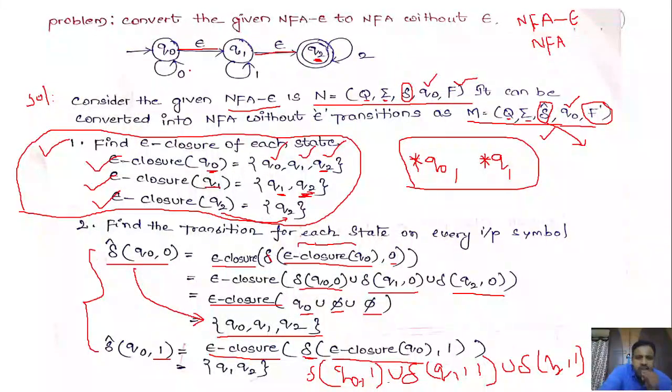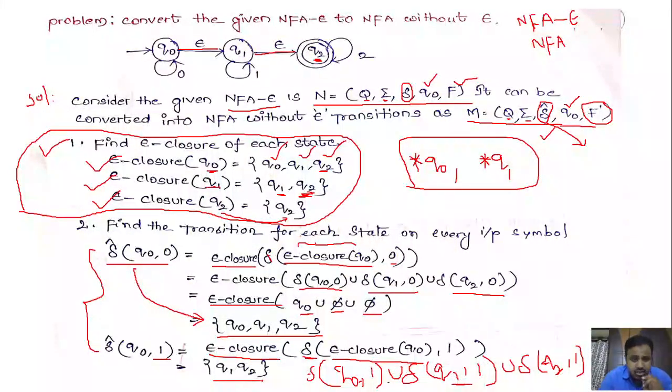So q0 on 1 we don't have any transition (phi), q1 on 1 is q1 itself, and delta of q2 comma 1 is phi. So what is epsilon closure of q1? Epsilon closure of q1 is q1 comma q2. So in this case I have directly written q1 comma q2, because as we discussed how to compute this delta cap, in this computation I have directly mentioned q1 comma q2. Okay. So in this way we need to calculate the transition for each state on every input